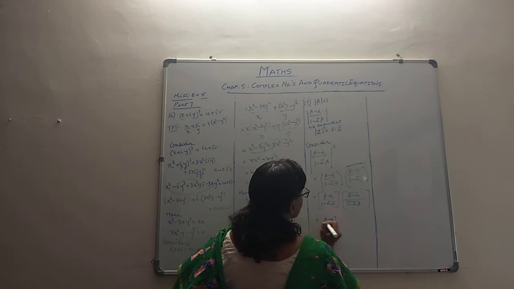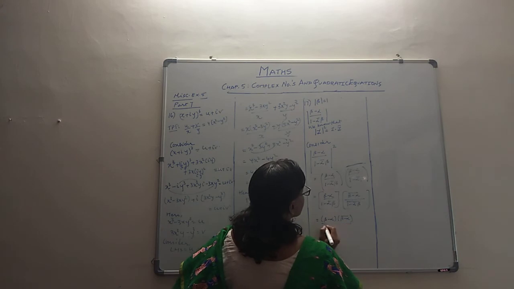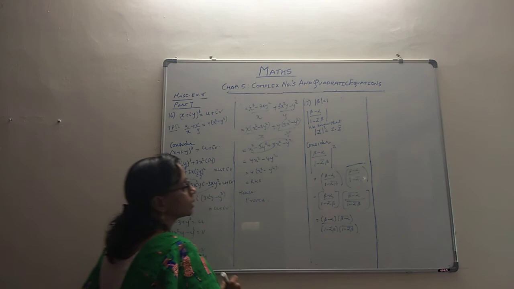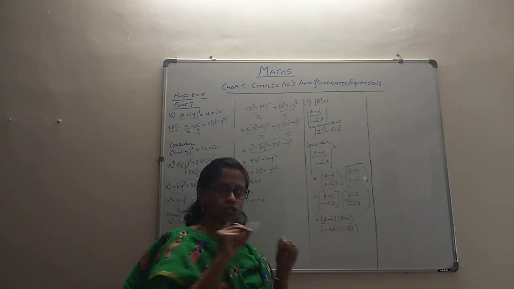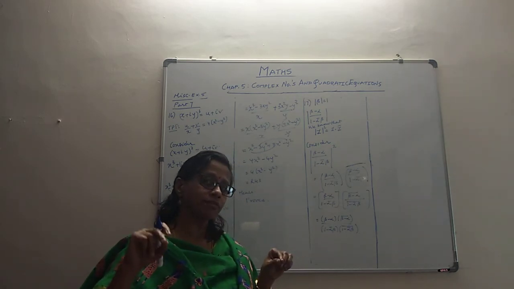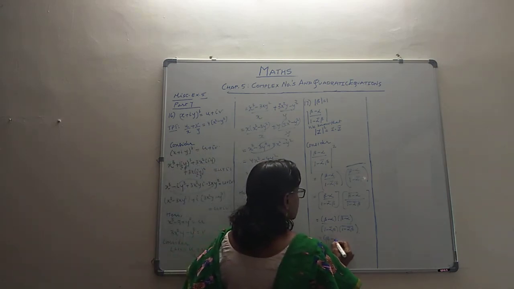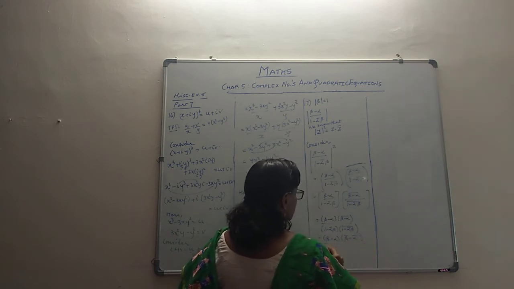Beta minus alpha into conjugate of beta minus alpha bar by 1 minus alpha bar beta, whole conjugate. Having a conjugate like z1 plus z2 conjugate is going to be conjugate of z1 plus conjugate of z2 separately. That is also correct. So therefore you could write this as beta minus alpha into conjugate of beta minus conjugate of alpha.